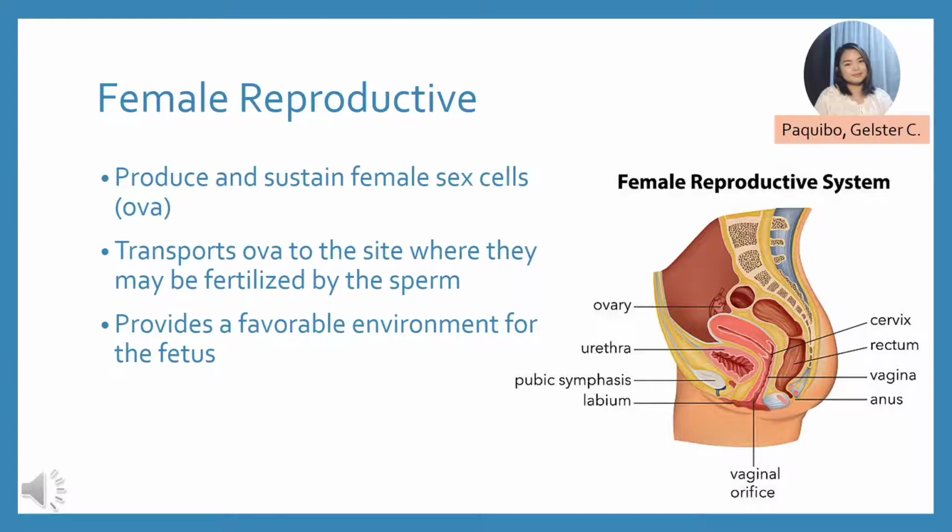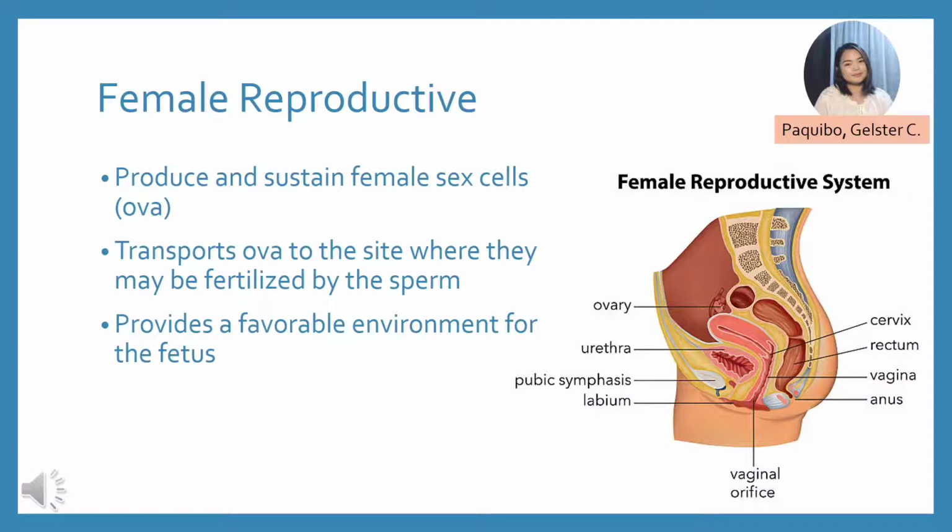Next, it transports these egg cells to a site where they may be fertilized by the sperm, then eventually provides a favorable environment for the developing fetus and delivers the fetus to the outside at the end of the